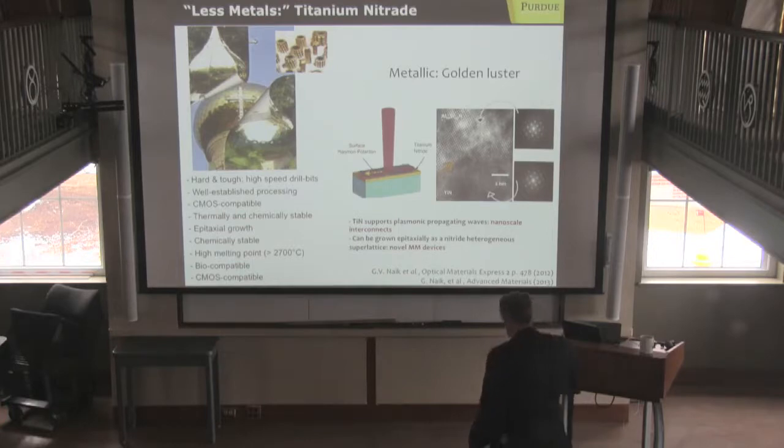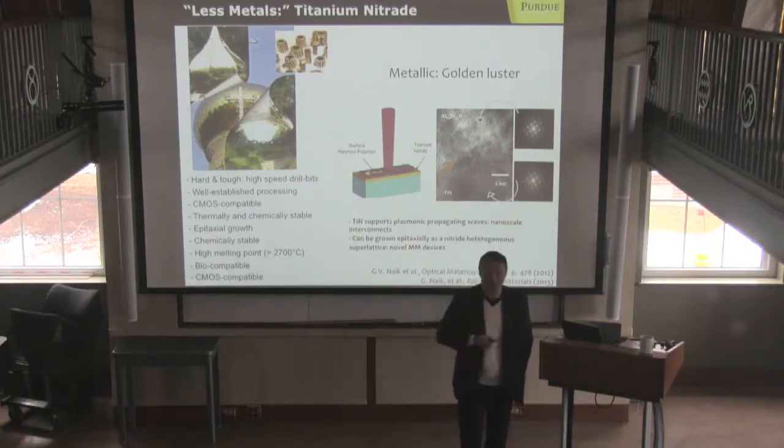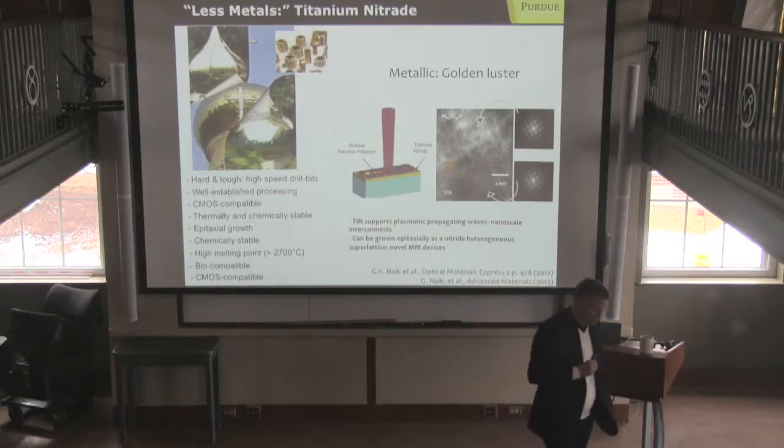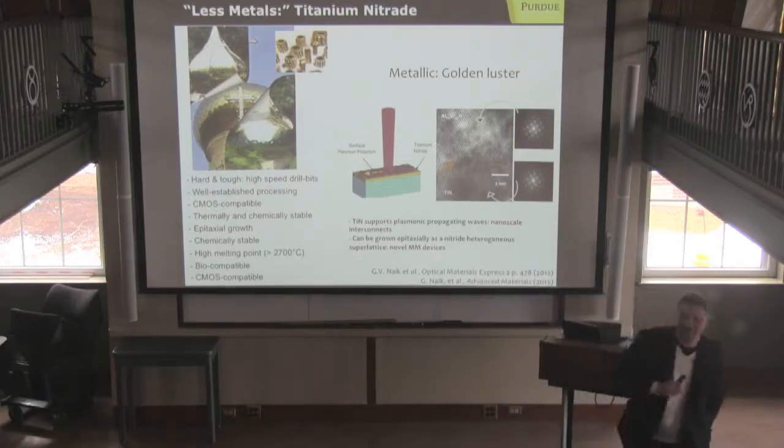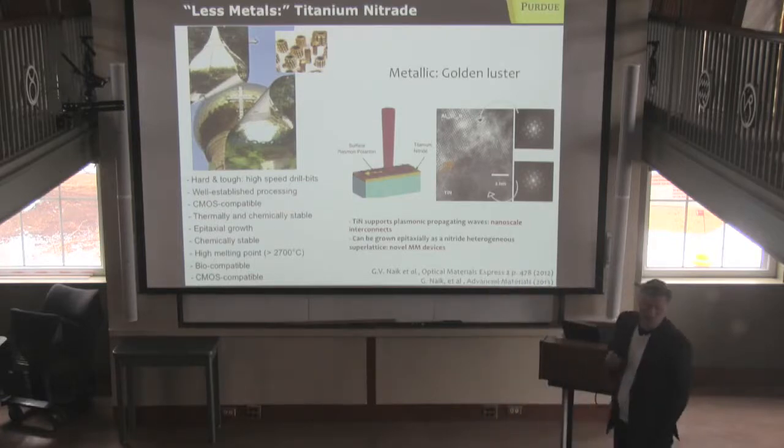That opens up very important applications such as hard disk drives, HAMR, and thermal photovoltaics. That's exactly what we are working on now. But for us, what is also most important is that it's a good, decent plasmonic material, and you could grow it